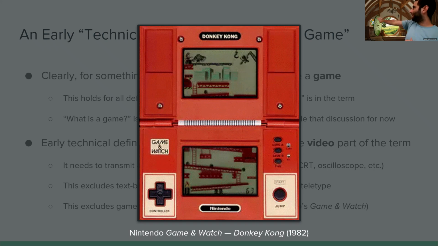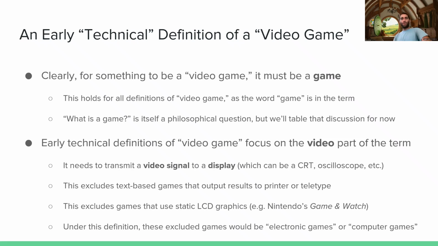In these old video games, you had clock-like technology where each of those individual display pieces is its own bulb, and you're just dynamically turning them off or on. There's no video signal being transmitted. So this definition would also exclude video games like this. Under this definition, the counterexamples that I listed, you'd probably call electronic games or computer games.